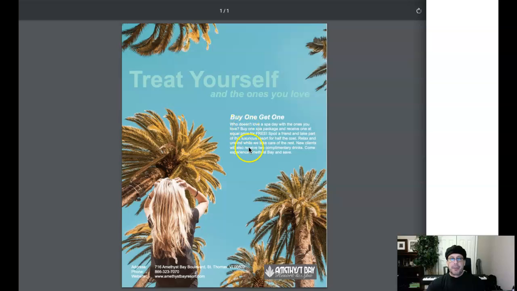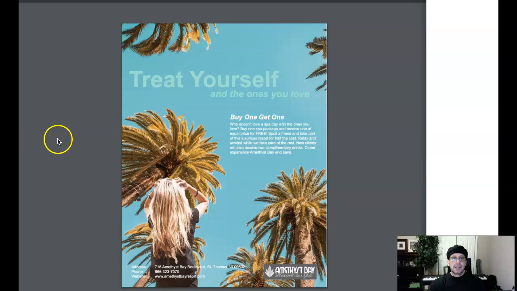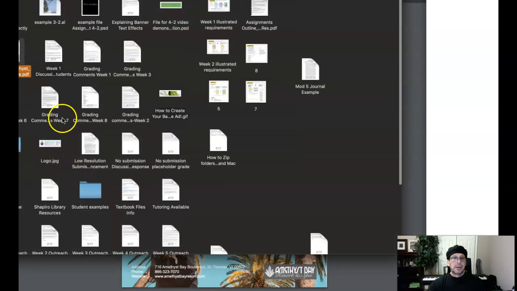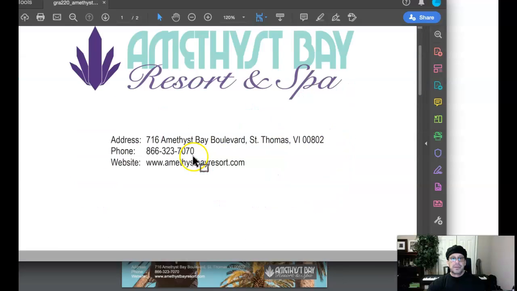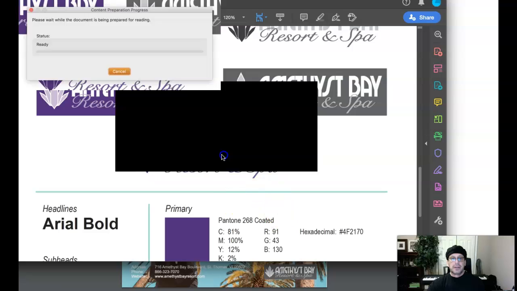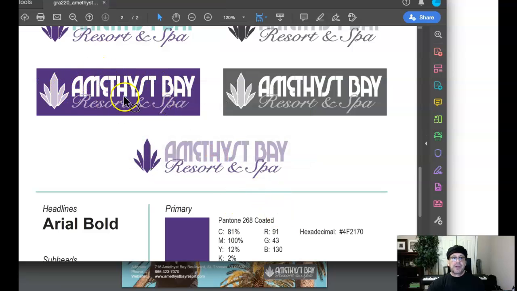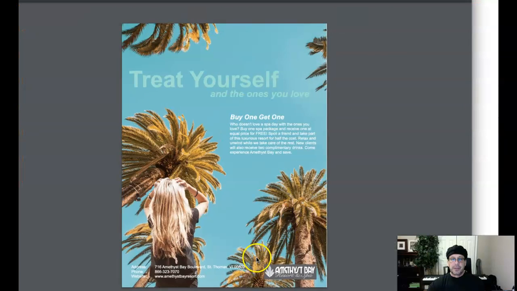Okay, at that point, I think the rest of the ad, other than the masked image that we talked about, is okay, but I would recommend a different logo here. The logo I would recommend is the purple logo. Let me show you which one I'm talking about. As soon as this opens, I will show you this one right here. This one right here. I would recommend using that logo. The reason being is because we need a little pop of color down here. Again, I think the one thing we can say about that is it's somewhat lacking a little bit in contrast. Other than that, I think everything looks fantastic.